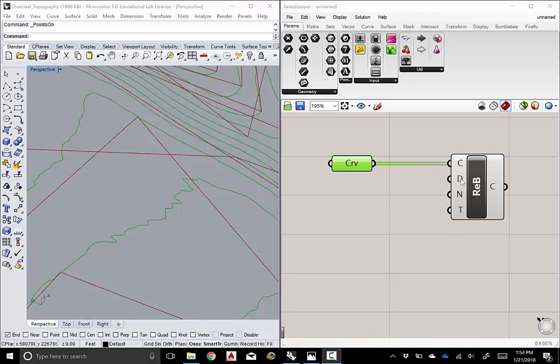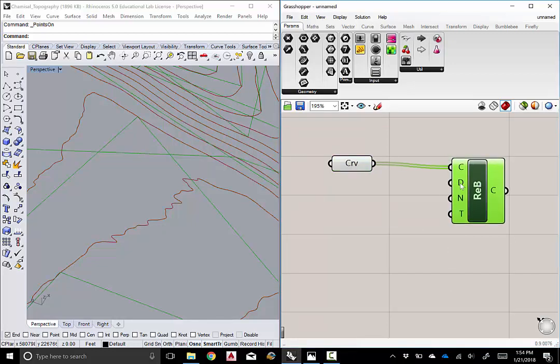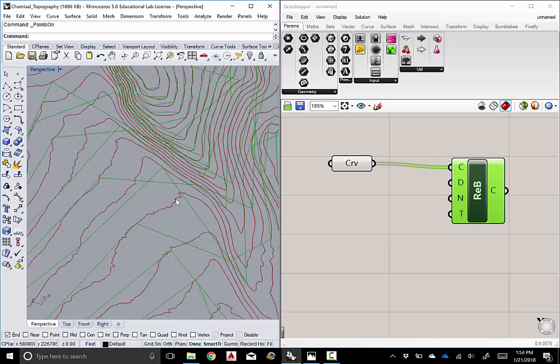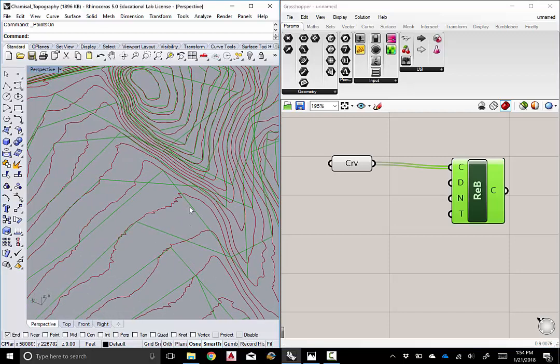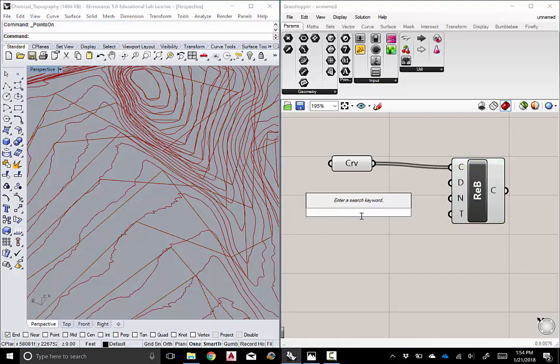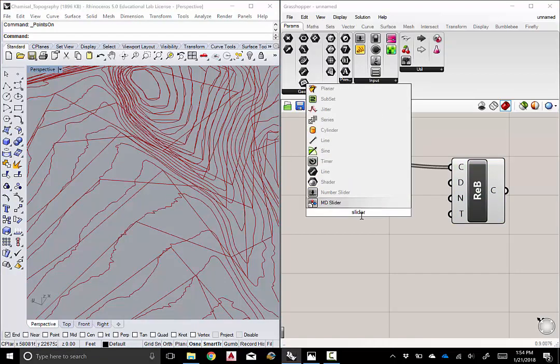So let's take a look first at this second input, the degree input. It's expecting a number between 1 and 5, and so it's possible that you might actually want to change the degree of this curvature, and Grasshopper, being a parametric software, would enable you to do that. So what I'm going to do is create a slider where I can slide through some numbers from 0 to 5. So if you were to double click in the canvas and ask for a slider,